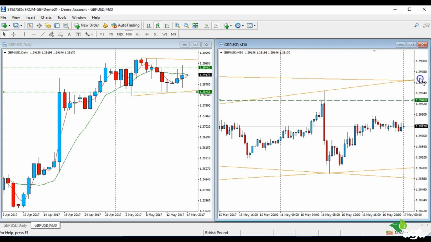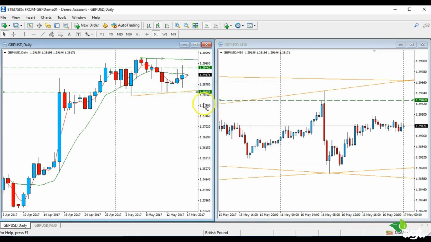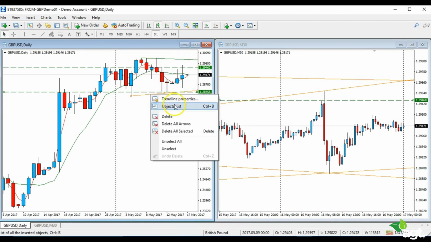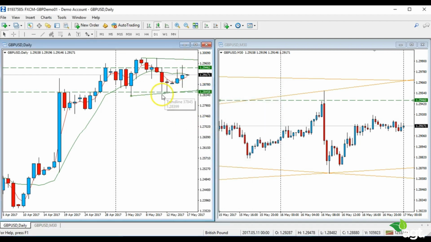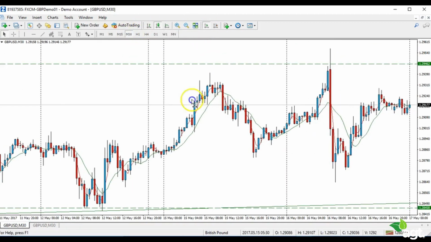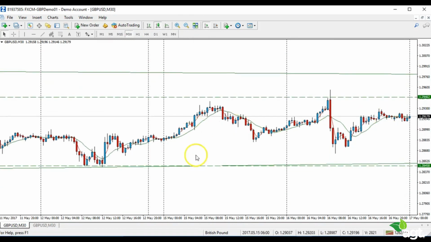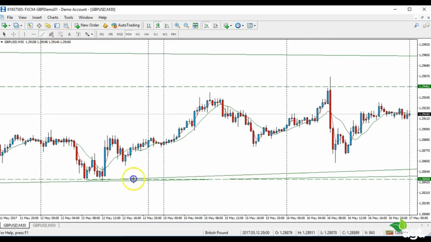So what we're doing is overlaying these higher time frame support and resistance levels and trend lines. Let me color these green. I always color green for my daily trend lines and support and resistance. So we color those green, and then what we can do is overlay them. If I now go down to the 30-minute chart here, I can see the daily support and resistance on this chart, and I can now overlay